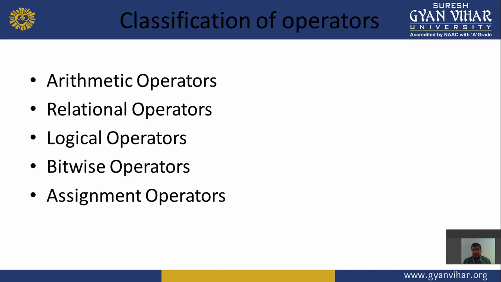Logical operators like Ram or Shyam go to the market. If Ram goes, then the statement is true, and if Shyam goes, then the statement is also true, and if Ram and Shyam both go, then the statement is also true. So that is called the logical operators. When we have many conditions and we want only one result, then we use the logical operators like the and operator, or operator, not operator.